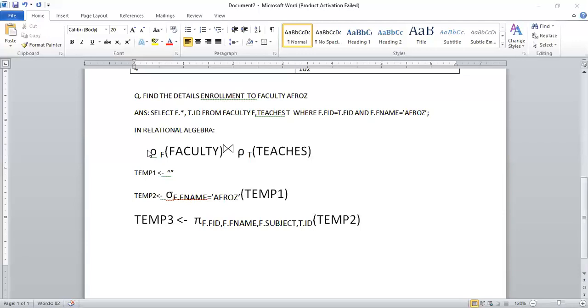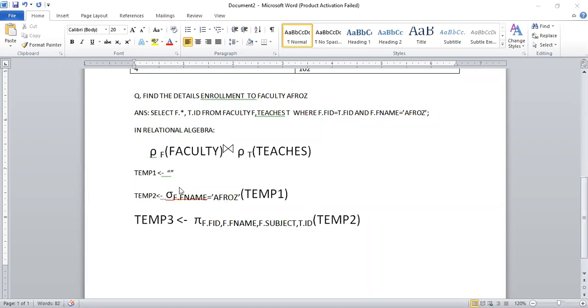Yes, sir. Now here, the whole query selection can be minimized, so it can be solved in 3 different steps. The first step is you apply natural join and keep it in temporary 1, that will hold 5 attributes, 4 rows. Then again you filter from temporary 1 as per this condition. Then temporary 2 will hold the same 5 attributes but 2 records.